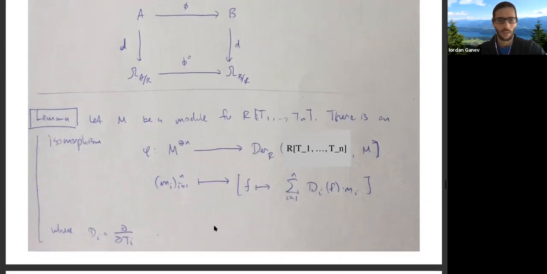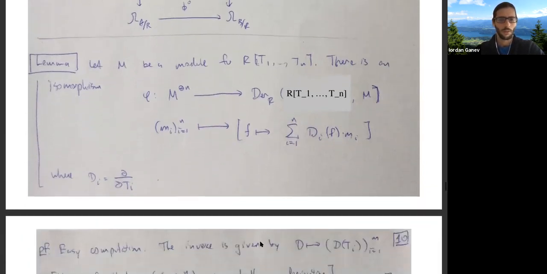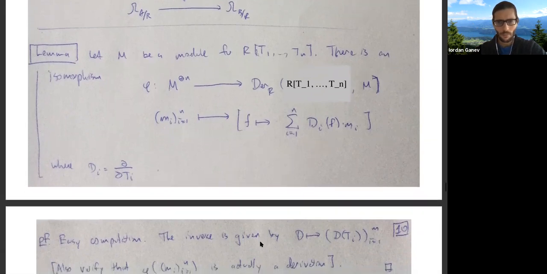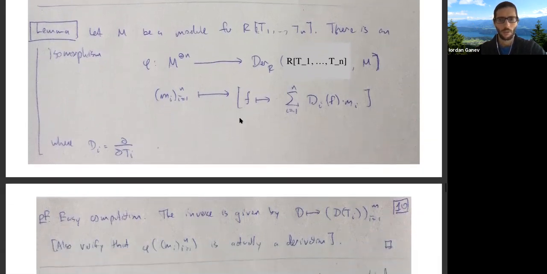So again, d sub i is just the partial derivative with respect to t sub i. So as I said before, this is just a reformulation of the fact that derivations have this nice structure. So you can compute that this is in fact a derivation. That's clear because we have these derivations given by partial derivatives, and it's also clear that it's injective. To see that it's surjective, we can use the inverse map, and the inverse map is given by the